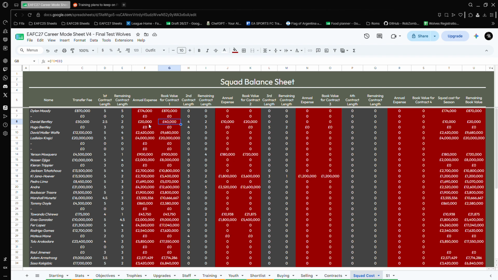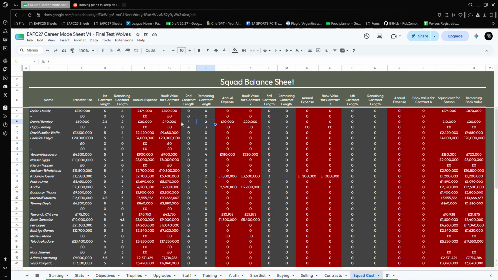Now, what happens is when the player gets signed a new contract, all the remaining book value is then the new cost that gets deducted. So in this instance, Daniel Bentley served 2 years, and then he got offered a new contract. His new contract length was for 4 years, and his remaining contract left currently, he's only got 2 years left